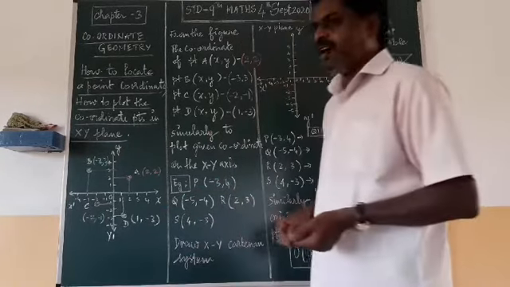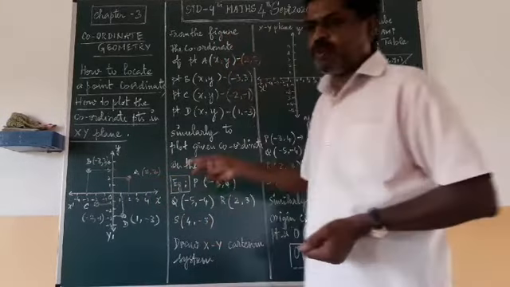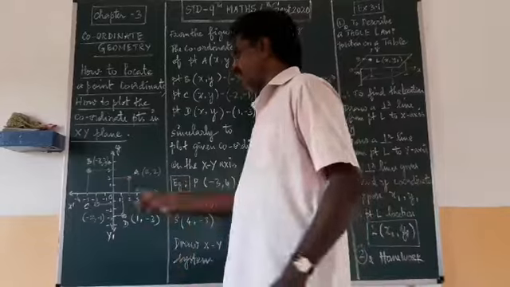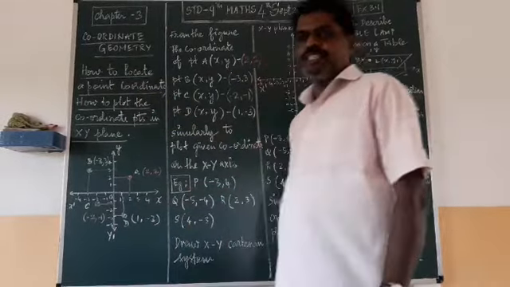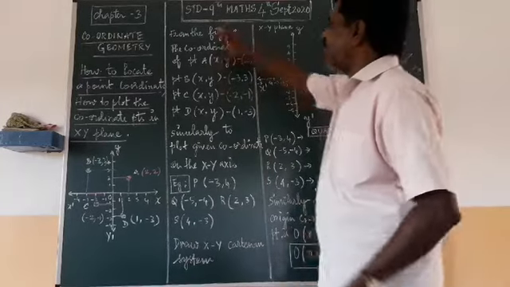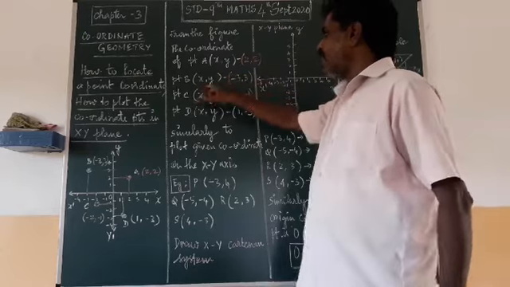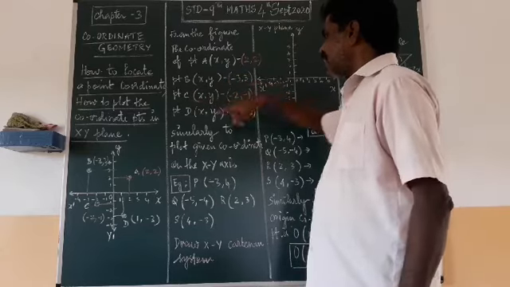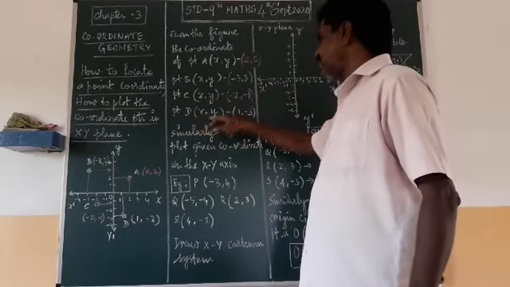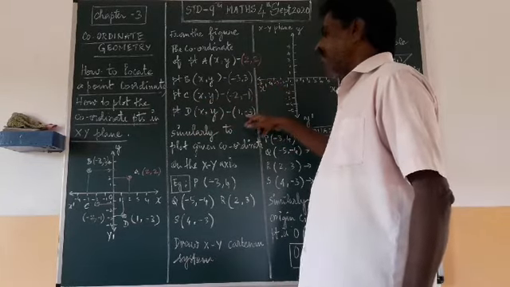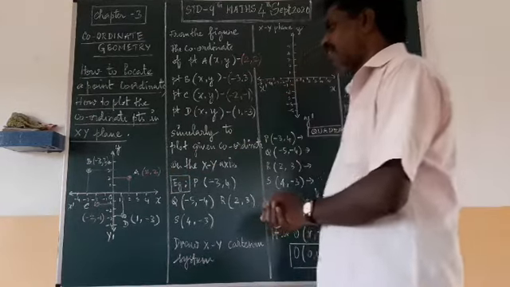So this is the way of locating the given points and finding the coordinate point xy for the given points A, B, C, D. This is called location of a point in coordinate geometry. Finally, from the figure you have got point A, xy equals 2 comma 2. Point B, xy equals -3, 3. Point C, xy equals -2, -1. And point D, x comma y equals 1 comma -3. Like that you have to give the result for the figure that is given.